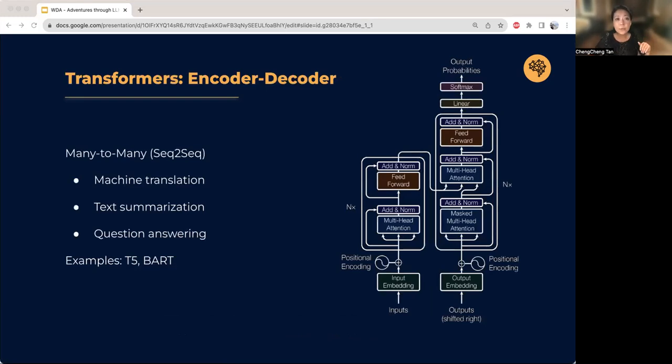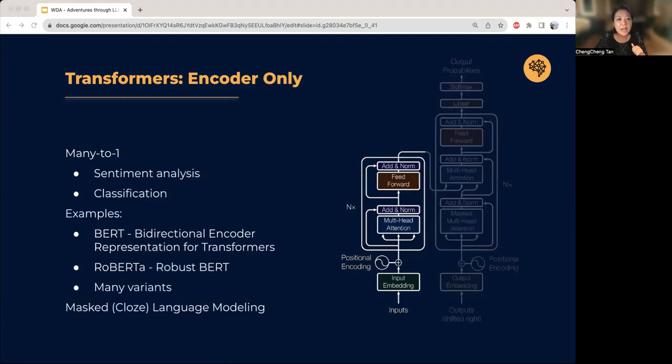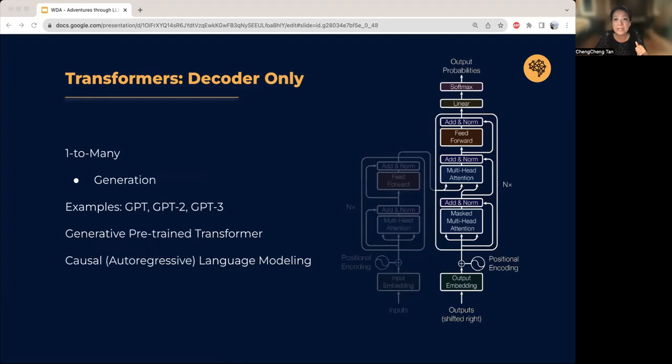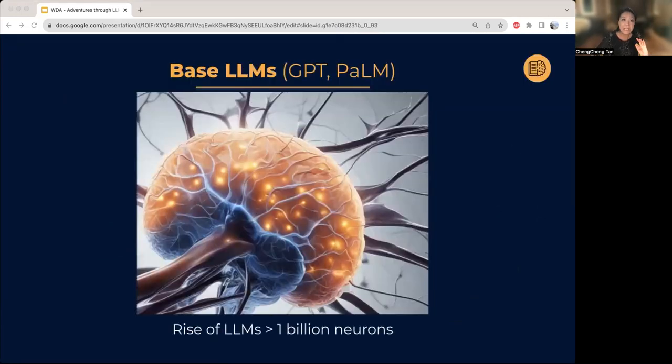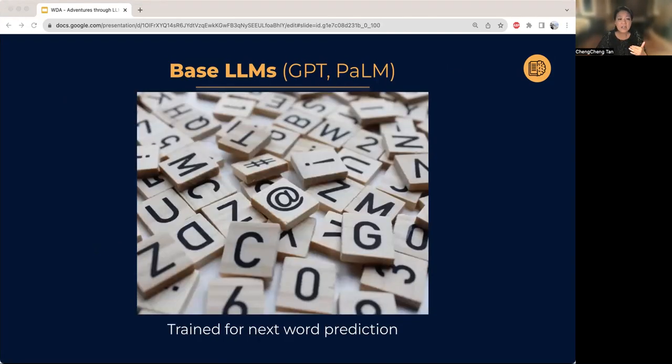Now I'm going to skim through this transformer diagram with an encoder and decoder, one on each side, with some variants having an encoder only or a decoder only. So language models have been around for a while, but what makes them large? The size is measured by the number of parameters or neurons. To be considered large, models usually have at least 1 billion. Now, it's not quite the same, but for reference, the human brain has about 85 billion neurons. And they're usually trained on either fill-in-the-blank or next word prediction.